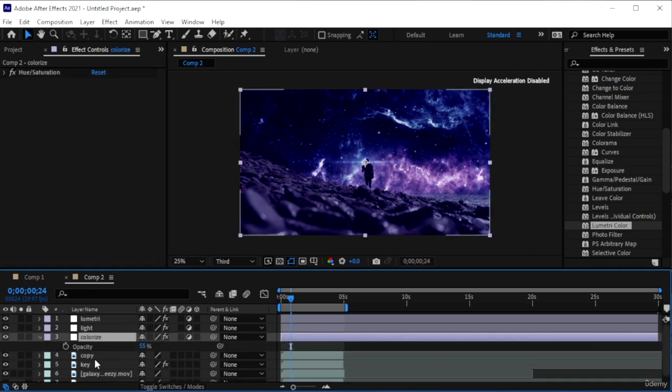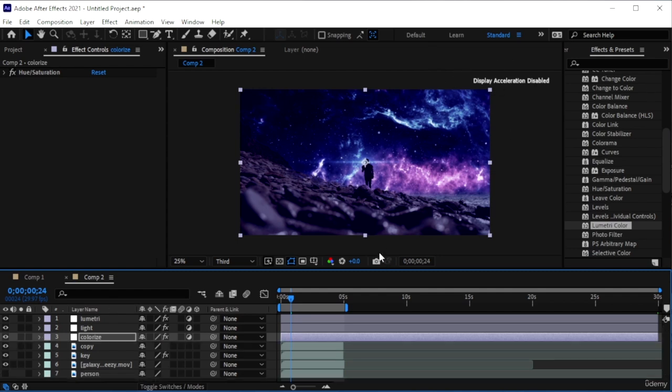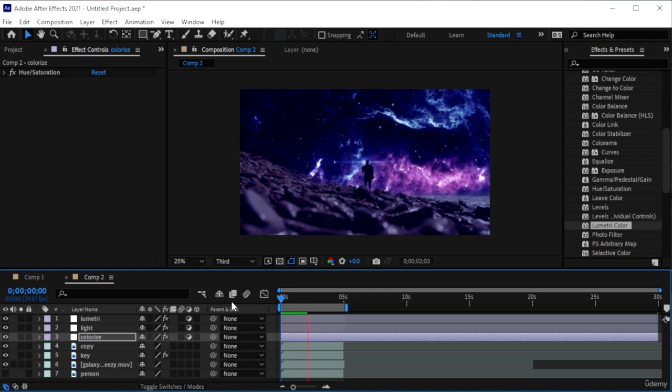I'm going to go on colorize, hit T, turn this instead of 55 to maybe 30. Let's try 20. Okay. So I did want it to be a little bit tinted, the entire thing, but I do want to see the nice colors that the sky has. I'm gonna let this render, and I'm gonna see if there's anything else that I need to do to just enhance this whole